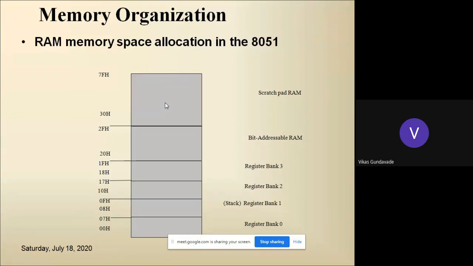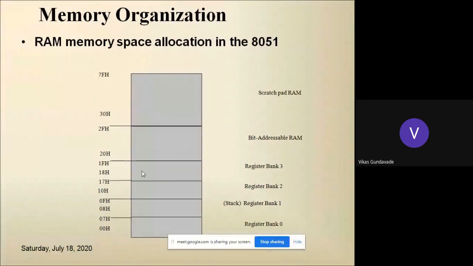Here first we will see the memory allocation of the data memory, also called RAM. In this RAM, as in the PSW register, we have seen two bits RS0 and RS1 for bank selection. These banks are available from 00 to 1FH. For every bank, there are 8 registers available in each bank, starting from R0 to R7. Then for bank 1, 08 to 0F. Then bank 2, 10 to 17, and for bank 3, 18 to 1F.